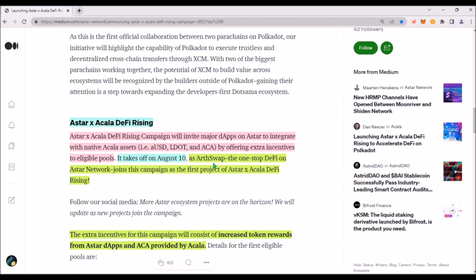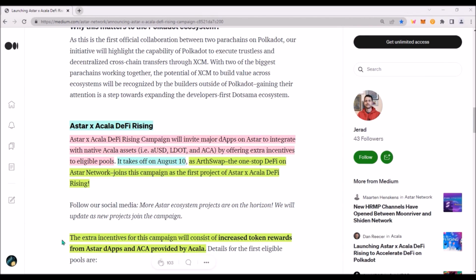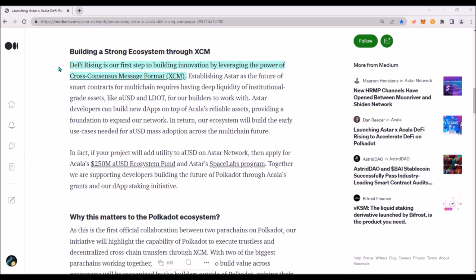ArthSwap DEX is the first dApp joining this DeFi Rising campaign, and it is also the first native Astar dApp to integrate Acala assets. The holders of ASTR and Acala native assets can provide liquidity on ArthSwap and farm yield rewards in numerous farms. This campaign is leveraging the power of XCM format. Being able to seamlessly transfer assets from one parachain to another to utilize these assets in DeFi is a great step forward for the whole